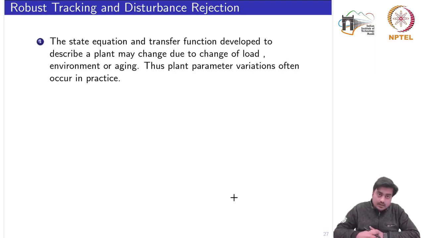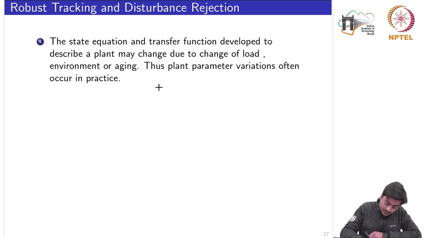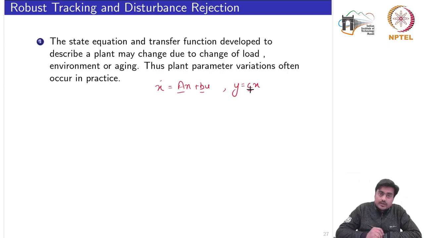Now moving towards the robust tracking and disturbance rejection problem. So far we had the complete knowledge of the A, B, C parameters. So first of all, if we recall the state equation, x dot is equal to Ax plus Bu and y is equal to Cx. If we have the complete knowledge of these parameters A, B, C, then we say that we know very precisely the